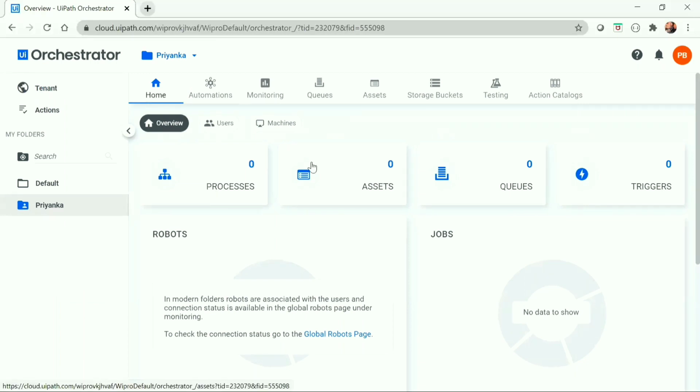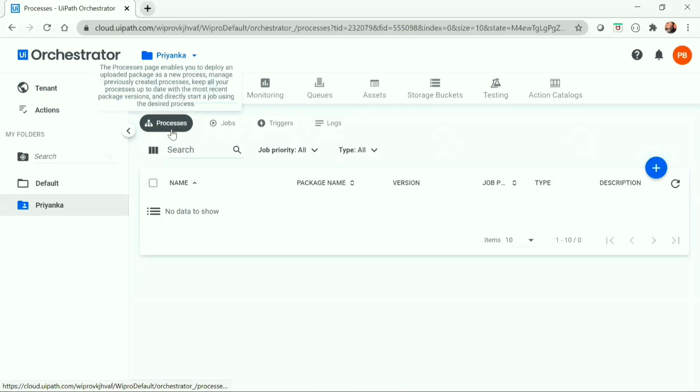Also, UiPath provides the facility to customize our user interface. Suppose I go to automation, and under the process, we can see columns such as name, package name, version, job priority, type, and description. I can customize this user interface and remove or add columns from here.